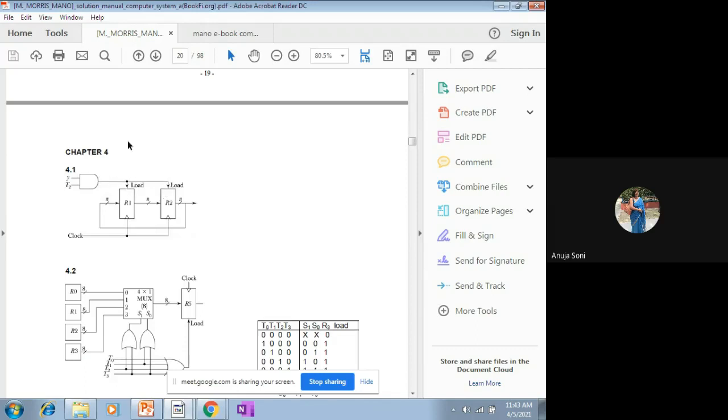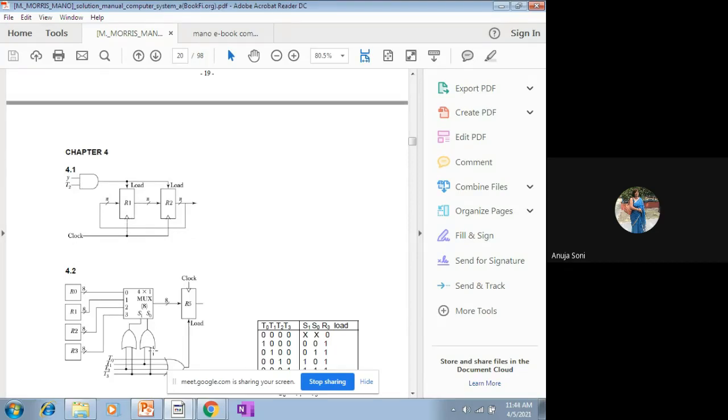When load is enabled with respect to the positive transition of the clock, then it is connected with R1 as well as R2, and only then will this register transfer statement take place. Contents of R1 get transferred to R2, and you have to show the transfer statement further by drawing one more arrow. The data is coming from R2 afterwards and going into R1, with respect to the clock transition.